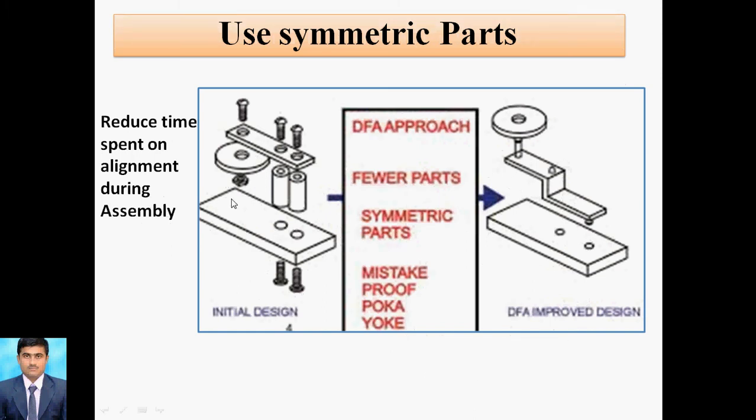So this is the benefit of symmetric parts. Suppose this is the first example. Here the number of parts is there, right? And here we have to modify this part as per the requirement of symmetry, and this is the benefit. So here less time is required for the assembly purpose, but here we require more time, and here the number of parts is more, that's why the number of manufacturing processes is also more, and that may increase the cost also. But here there is less assembling time, fewer parts, therefore fewer manufacturing processes, therefore less cost. So these are the advantages of symmetric parts.